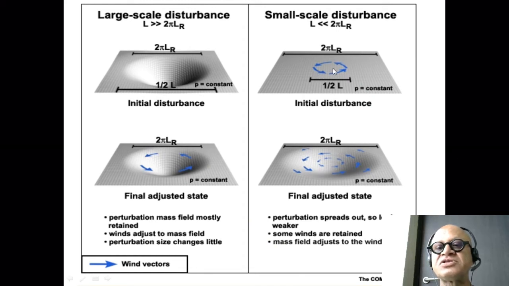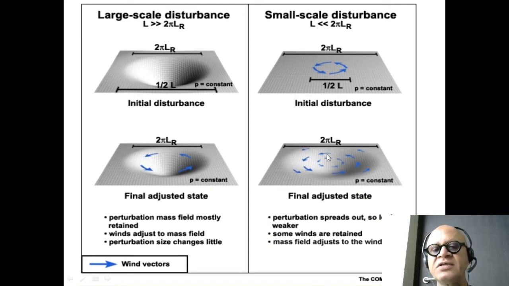Initial disturbance is fairly small on the P equals constant surface. Then the final adjustment looks like this, where the perturbation basically spreads out and looks much weaker. So here you have velocities that are fairly strong. Here they become weaker and spread out. And some winds are retained, so you still have the cyclonic circulation, but the mass field has adjusted to the